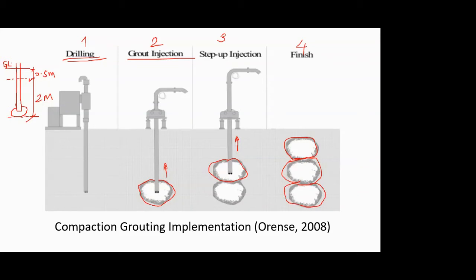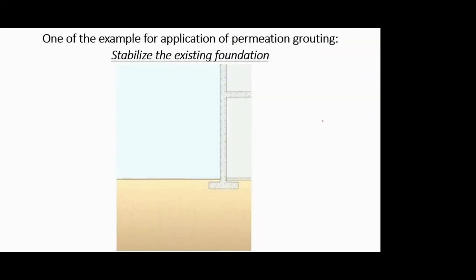Okay, not a running pile, not a straight pile, but a pile in the form of a bulb. So in this way, what has happened is, if I consider this much portion of that soil, previously it would have had some density, and now due to the introduction of the grout bulbs, the density of this whole structure, or whole phase, has increased. That is what we had to achieve, the compaction, right?